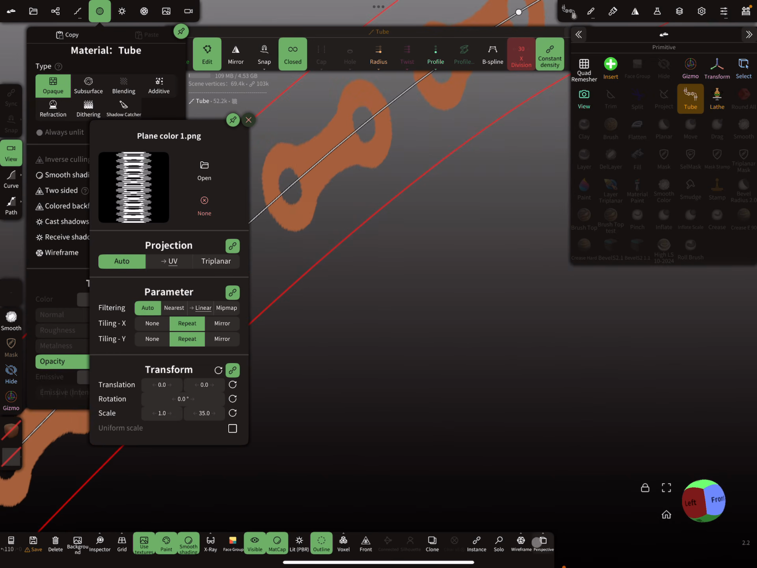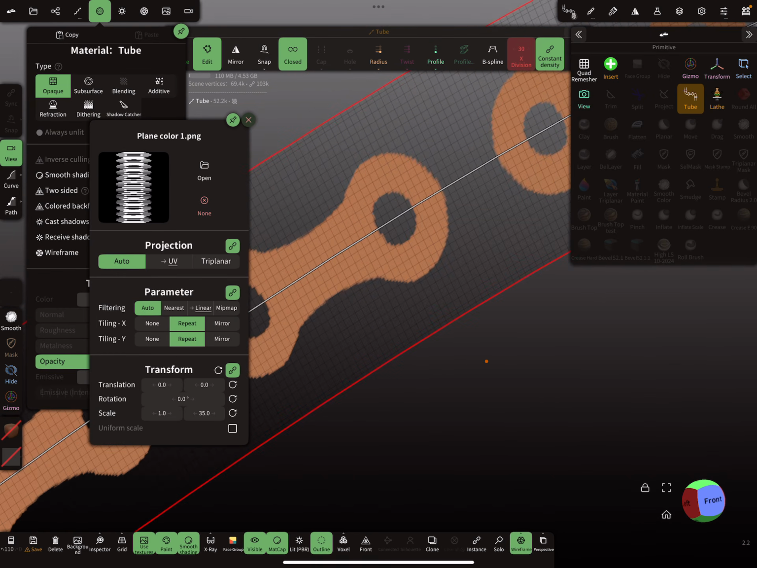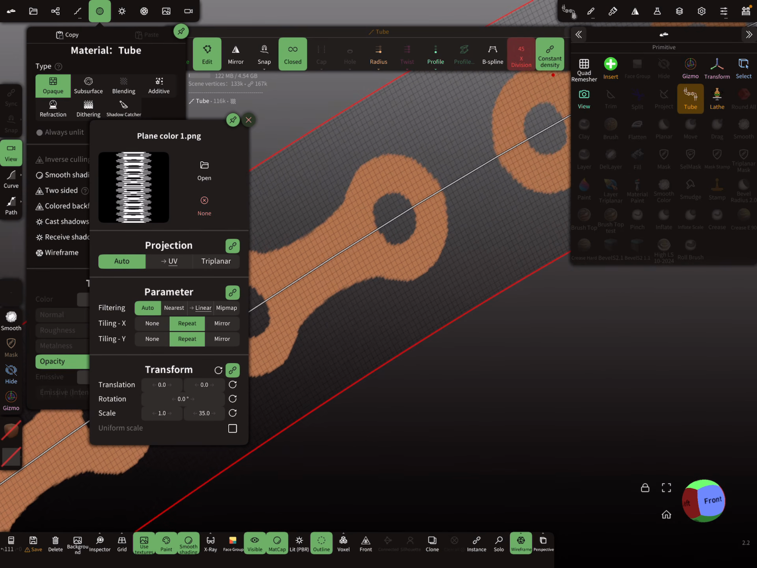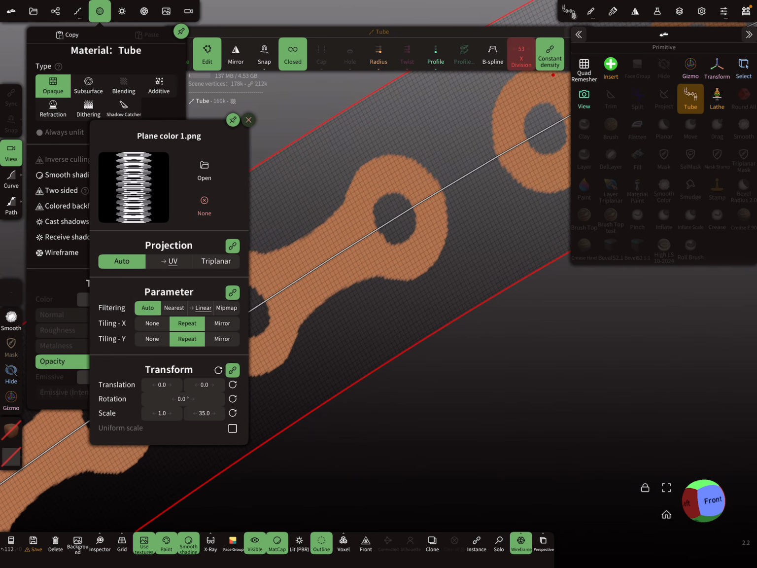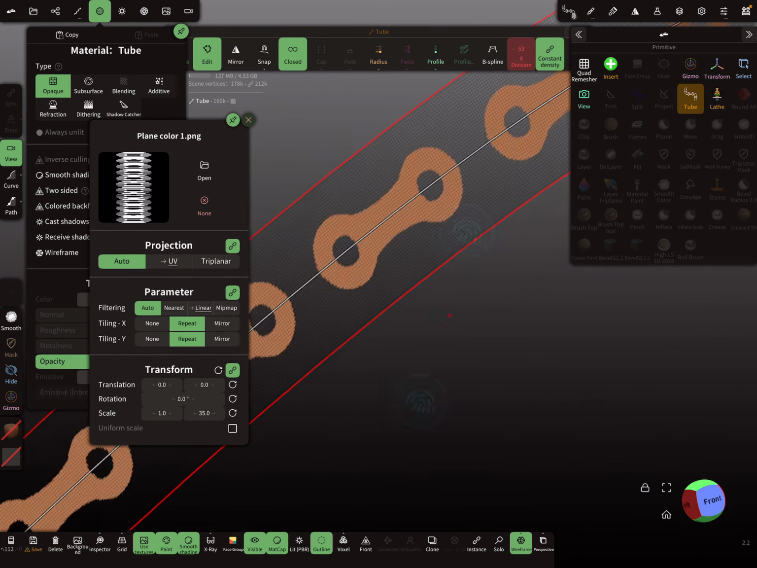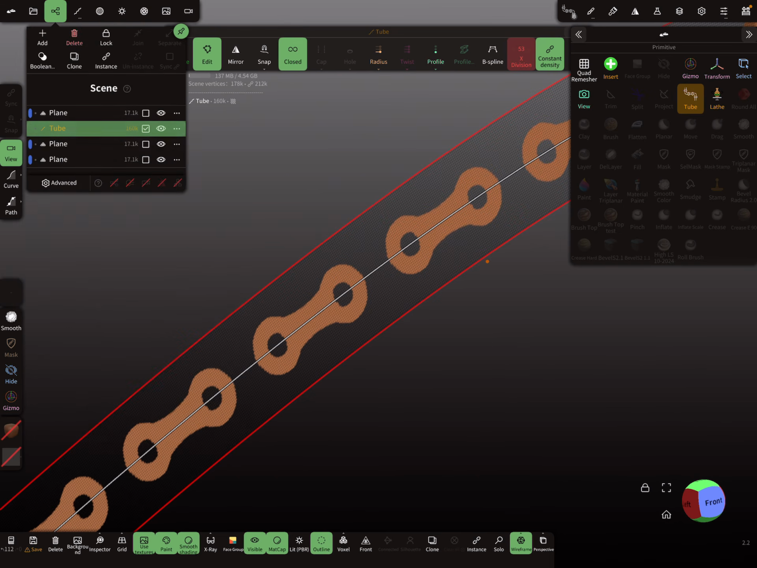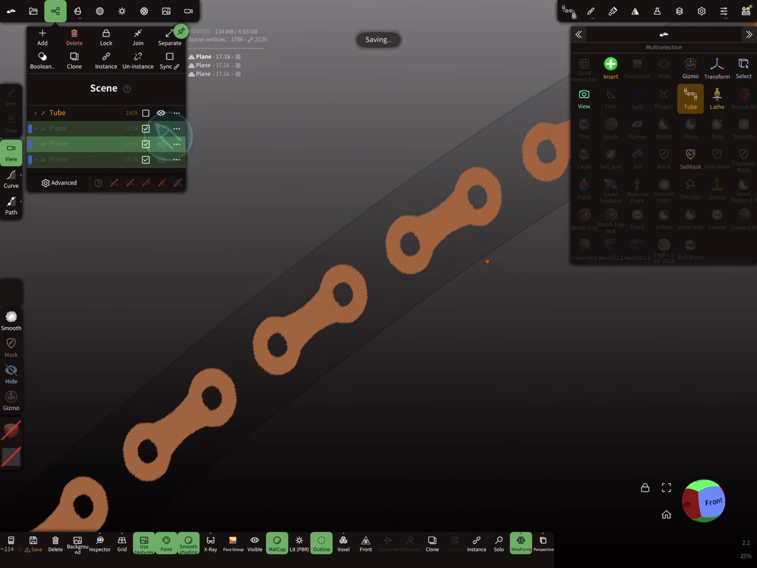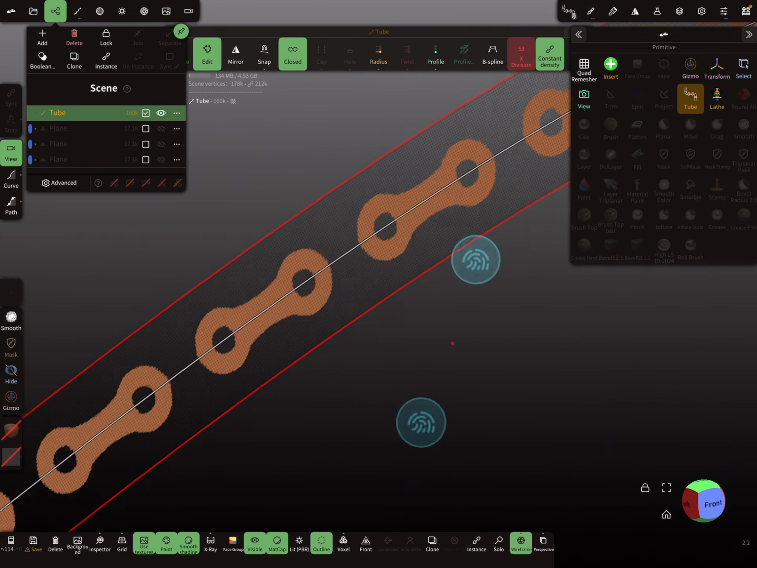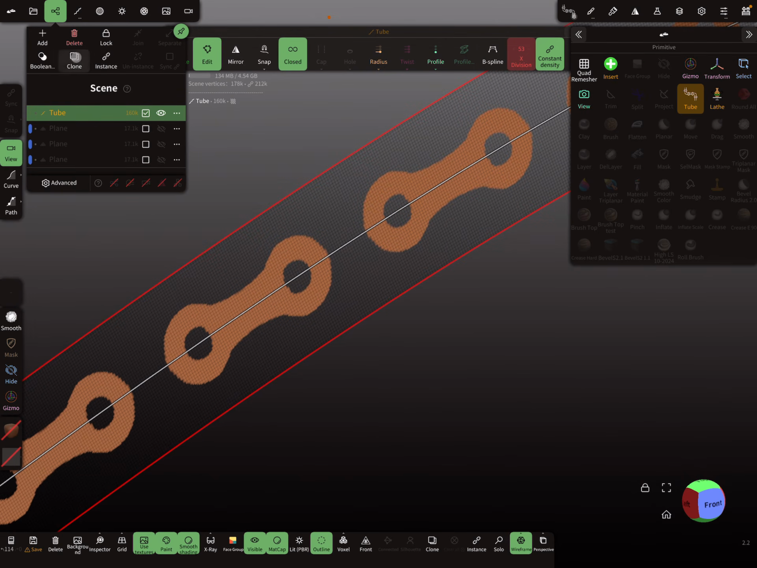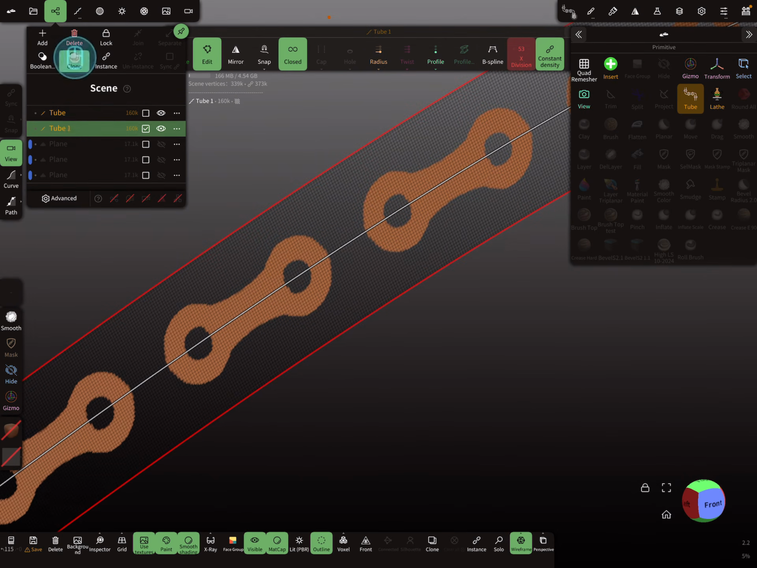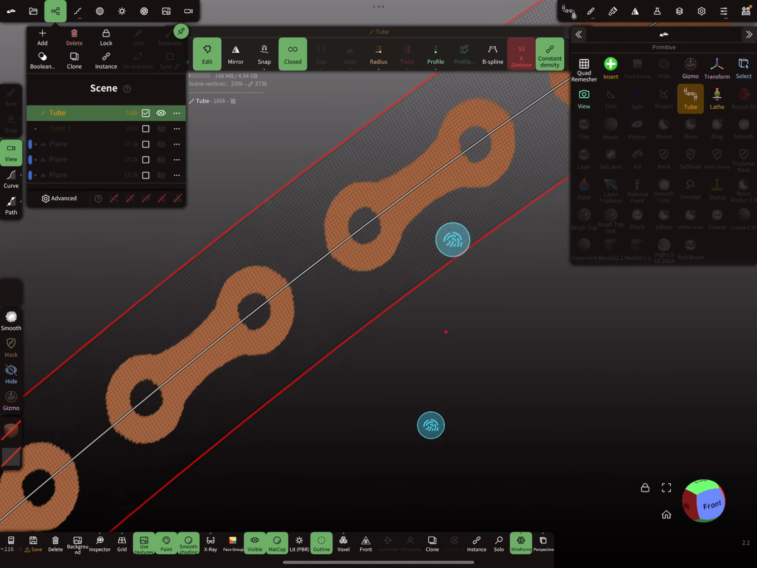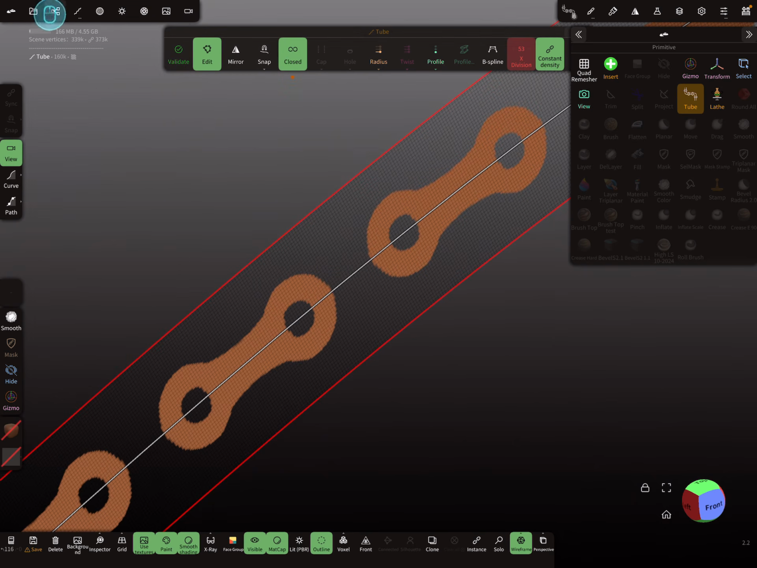So I'm checking here the wireframe. Maybe a little bit more division, maybe 50 or something like this here. Okay. Now let's create here a clone of this tube, and I'm hiding the clone, and I'm using this one here. So I press now validate,